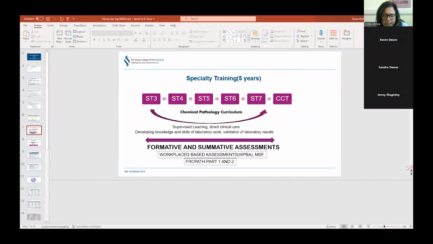The trainees in the specialty will initially develop knowledge of laboratory work together with the supervised learning, clinical license, and validation of results along with the direct clinical care. Trainee will demonstrate that they are achieving the competencies as recommended by the chemical pathology curriculum through workplace assessments. Following the completion of the RCPath Part 1 exam,